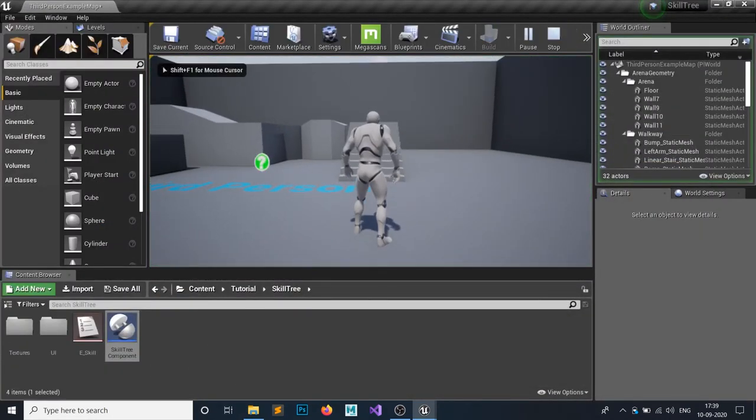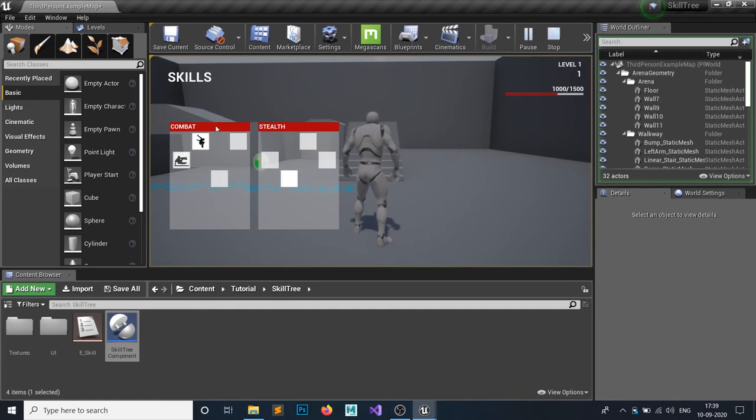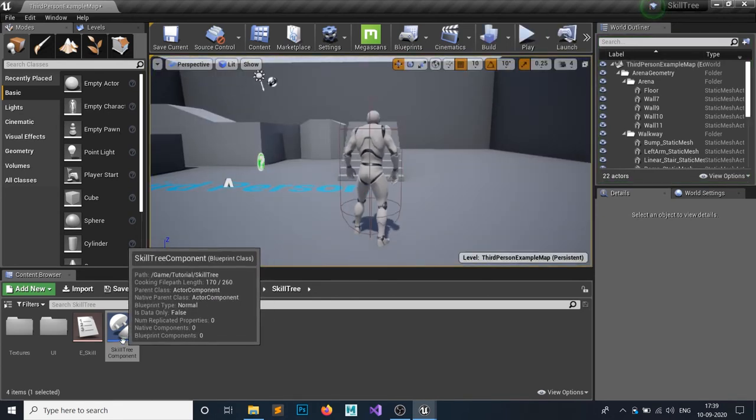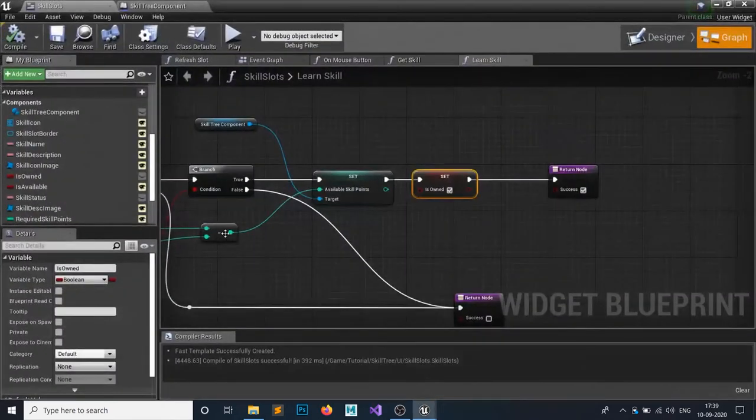Hit play, get XP. So if we hit, you can see this golden border is appearing, so it is our golden. And okay, so it is working, and we have to just change a little bit here.